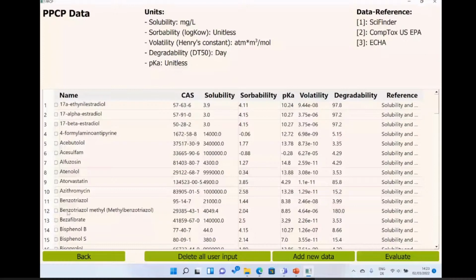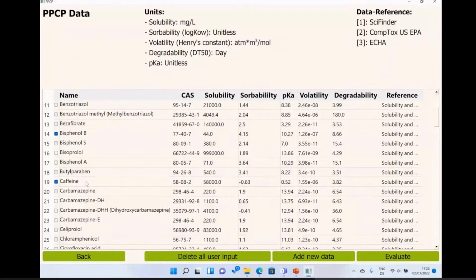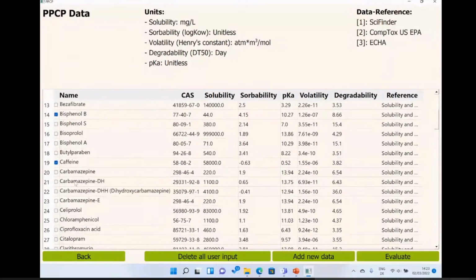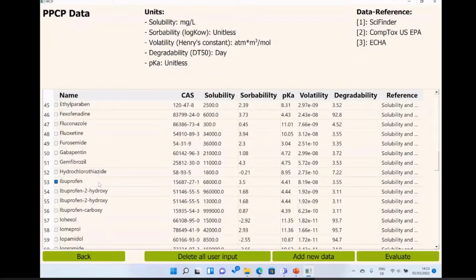For example, I'm selecting bisphenol B. I'm selecting caffeine, which is a very common chemical substance in our daily life. I'm selecting ibuprofen, which is also a very common medicine that we take in our daily life.